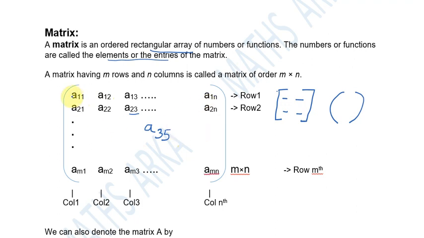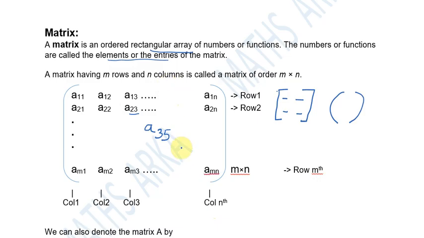As in the example above, we know that whatever is given in the horizontal way, that is the row. So the first horizontal line that we see is row 1, the second one is row 2, and similarly till row m is present in this matrix. Now if we look into the vertical lines, then whatever is represented, those are the columns. So the first one is column 1, the second vertical line is column 2, and similarly we have till column n over here.